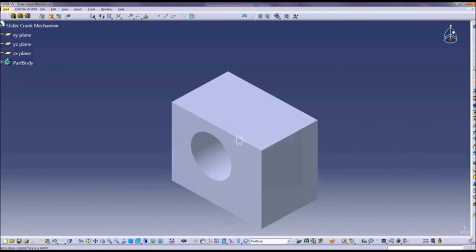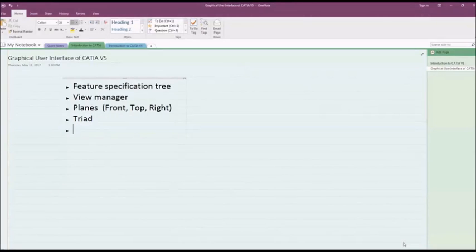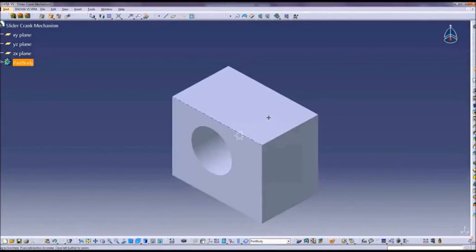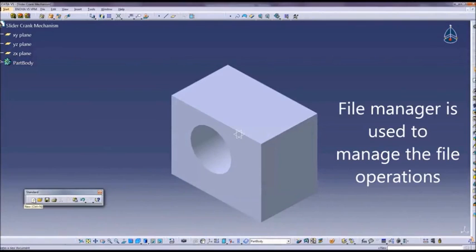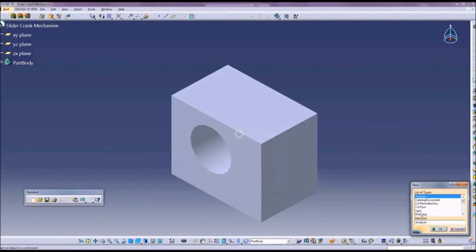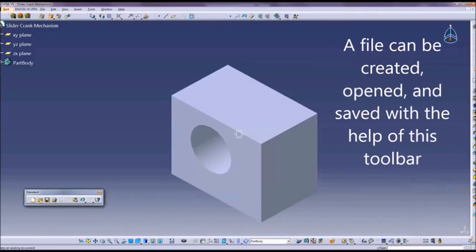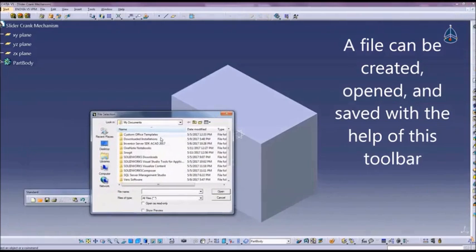We can also take sketch by triad. Next is file manager. File manager allows us to manage the files like copy, paste, and all those. So first is to create a new file. You can create a new file at any time just by clicking one button. Next is open. Make sure that you are going to open some